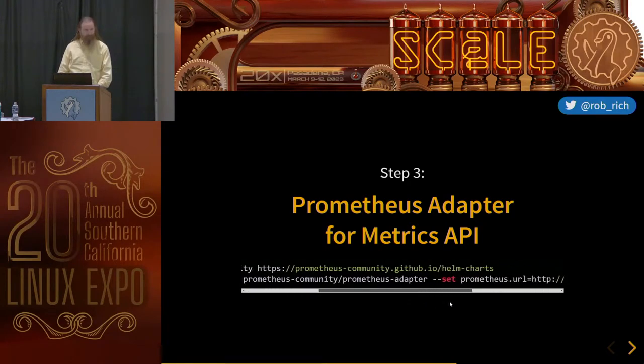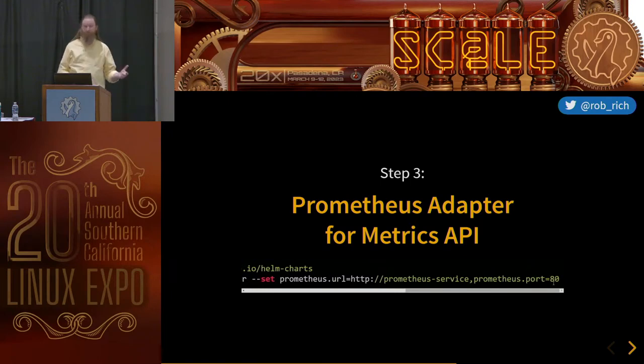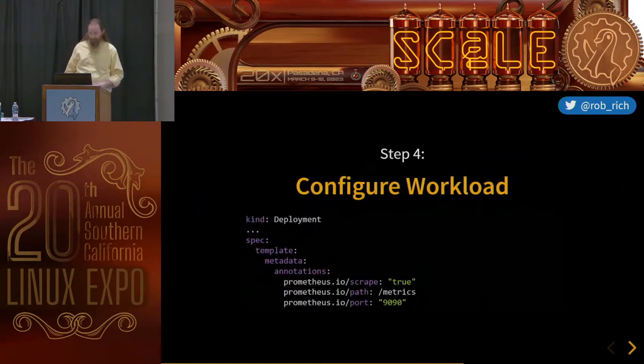But I also need to tell it that Prometheus isn't running on 7,000 something. It's actually running on port 80. Yeah, I probably could have configured Prometheus to run on port 7,000 something like it usually does, instead of just taking the default from this Helm repo. I kind of liked configuring it this way. But ultimately now I've connected the Prometheus adapter to Prometheus,